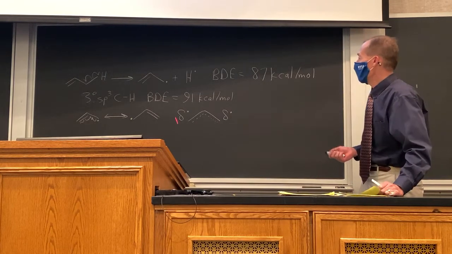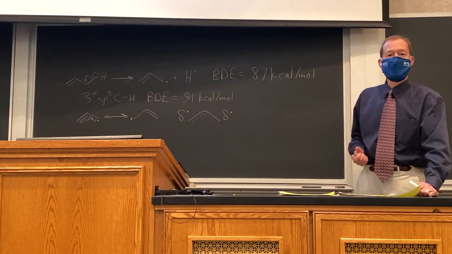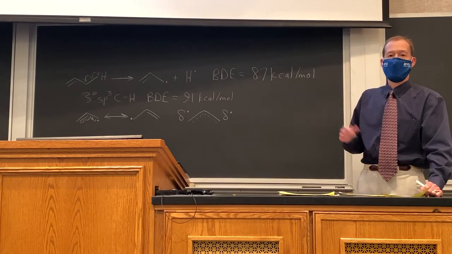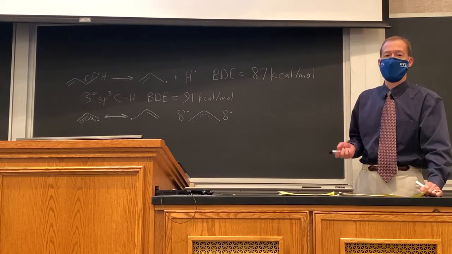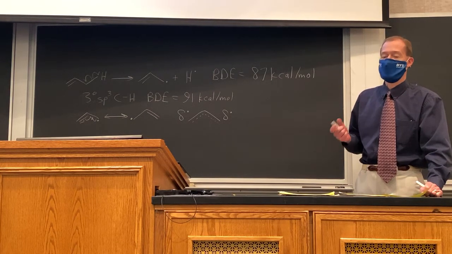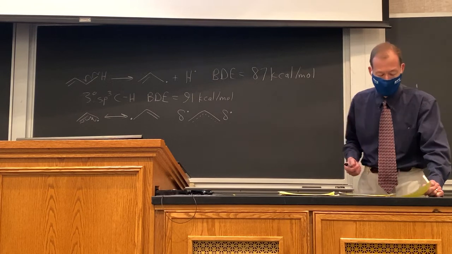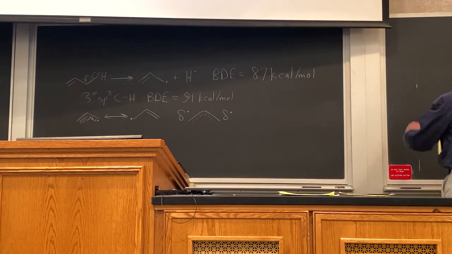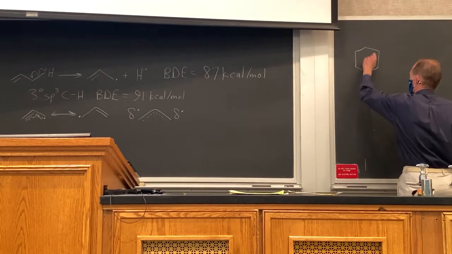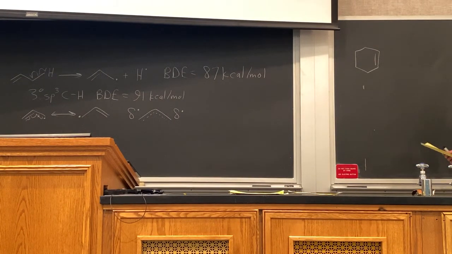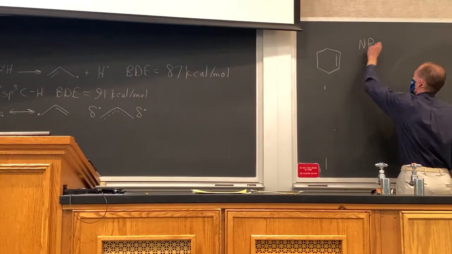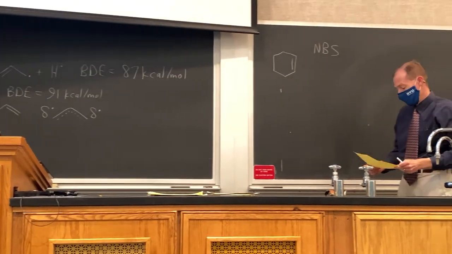So this fact allows us to perform a radical reaction at the allylic carbon that we cannot perform at other carbons. So it's selective for the allylic carbon, which makes it very useful. And this is the allylic bromination reaction. So we're going to use cyclohexene as our example. And if we use NBS,